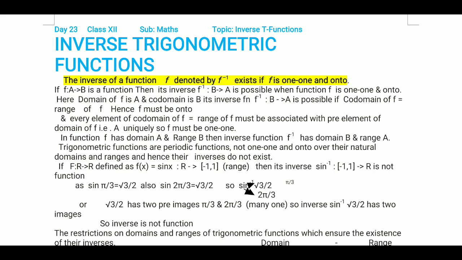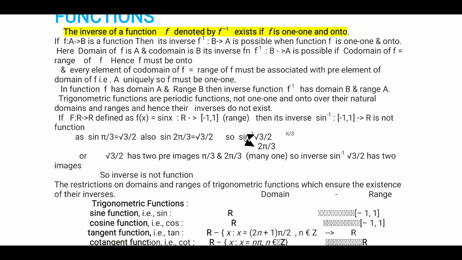Suppose f from R to R is defined as f(x) = sin x, that is the sine function, a trigonometric function. It is defined from R to [-1, 1], that is the range of the sine function. Then sine inverse will be from [-1, 1] to R. It is not a function because